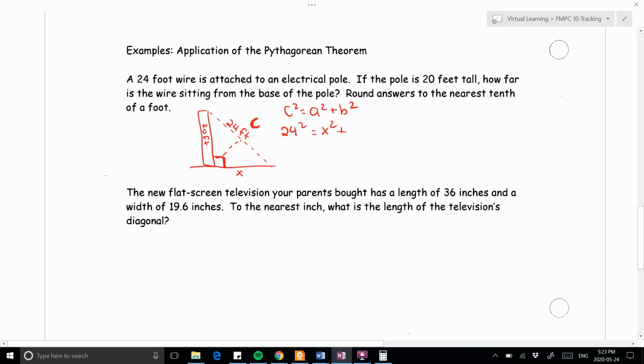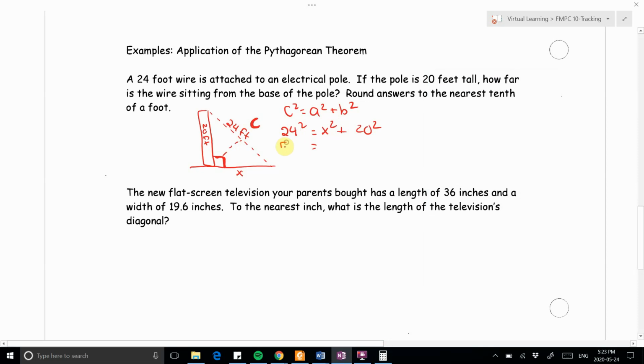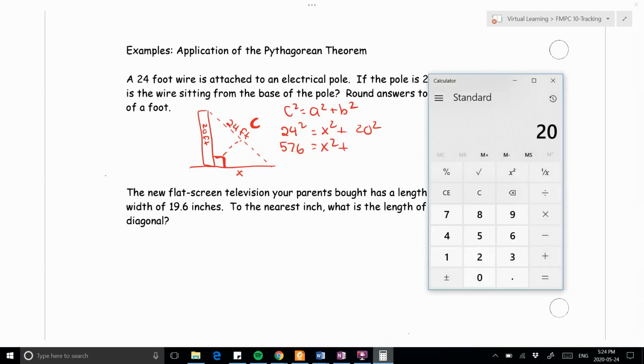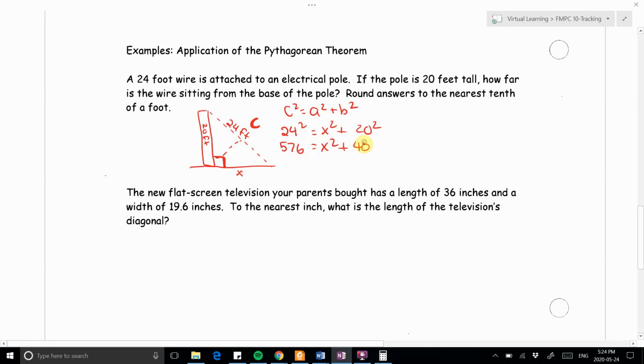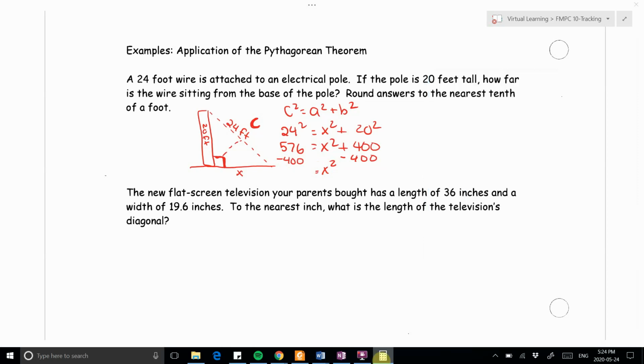So x squared plus 20 squared equals 24 squared. 24 squared is 576. X squared plus 20 squared is 400. Remember, we've got to get this x by itself, which means we've got to get rid of that 400. So 576 minus 400 is 176. And then if I just put this 176 in here, that wouldn't make any sense, because remember that